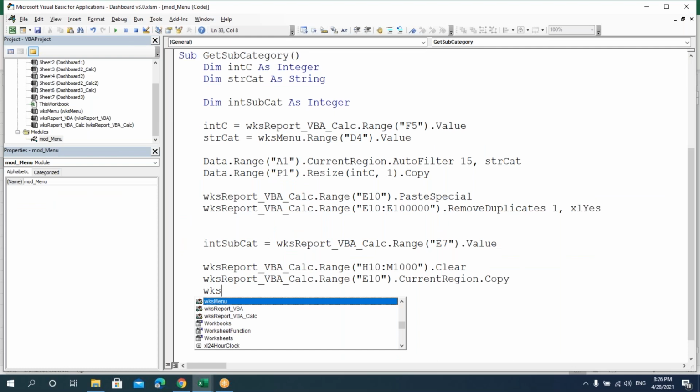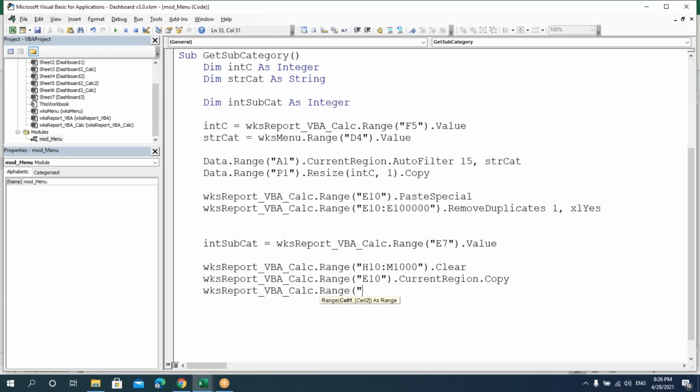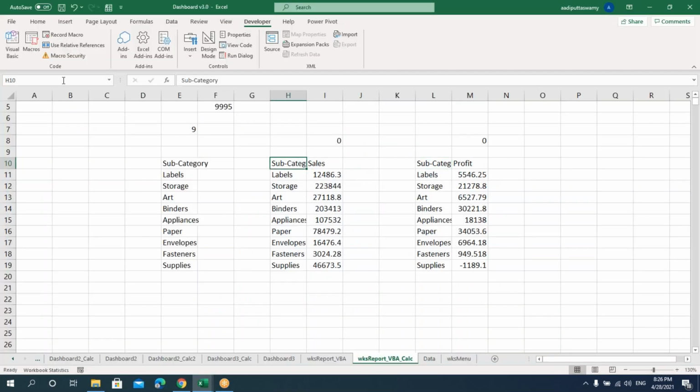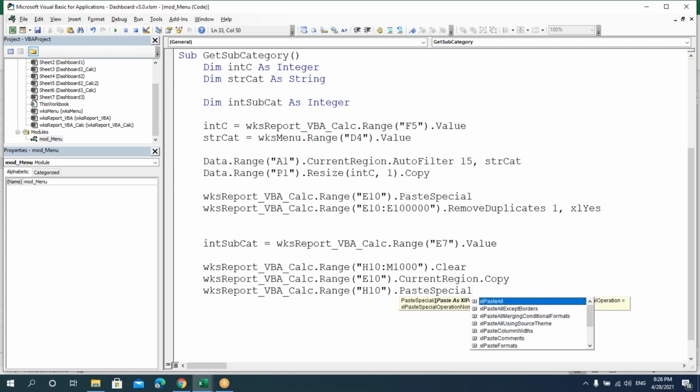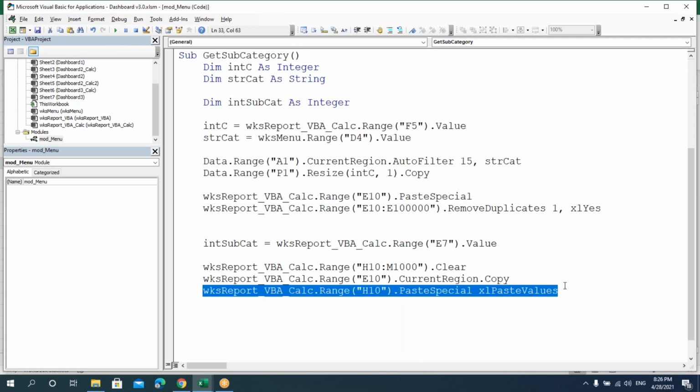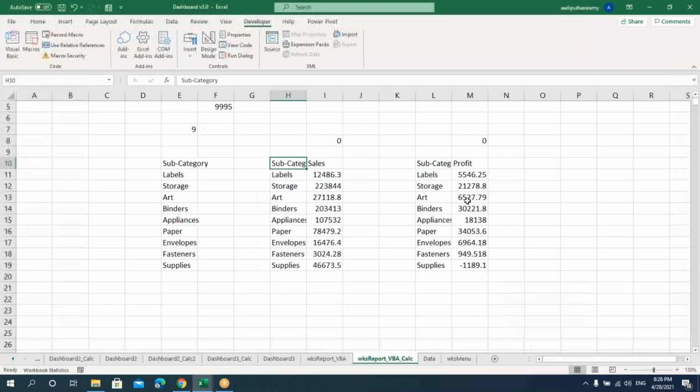Say WKS report calc dot Range of H10 dot PasteSpecial, we'll say paste as values. Copy the same thing and we'll paste it in L10 as well.